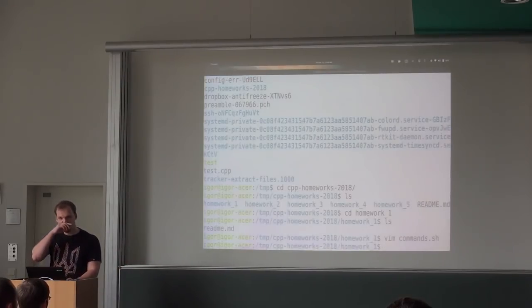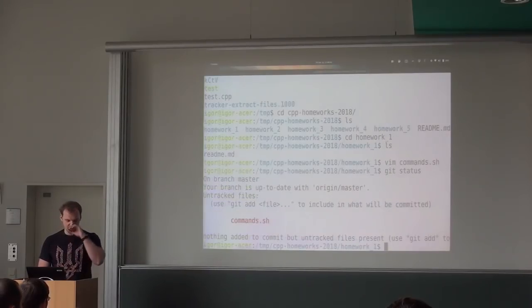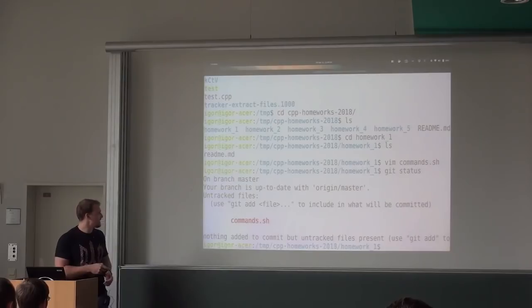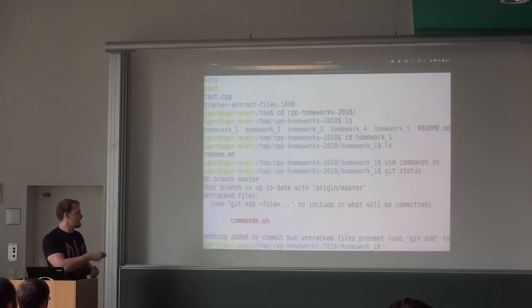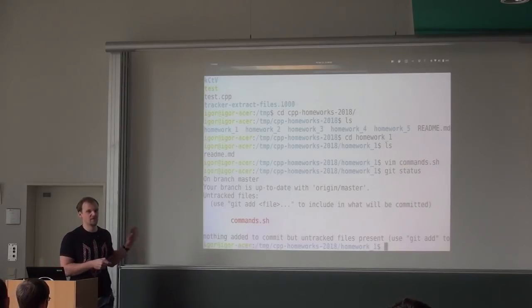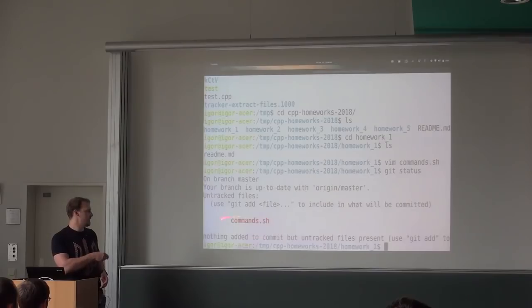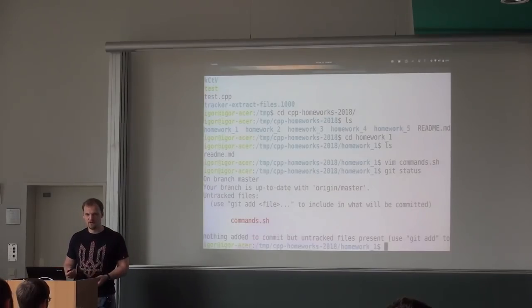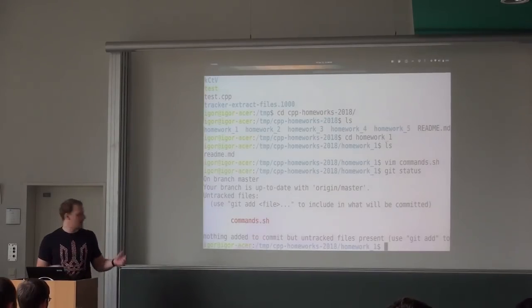Right, so now I have modified the files, and I can use git status to see what is going on. There is a lot of boilerplate. I will not explain it now. Use that tutorial. It's going to explain it much better than I can. But the main part here is that this thing is shown in red, right? Because it's untracked. So it doesn't track the file. I need to add this file.